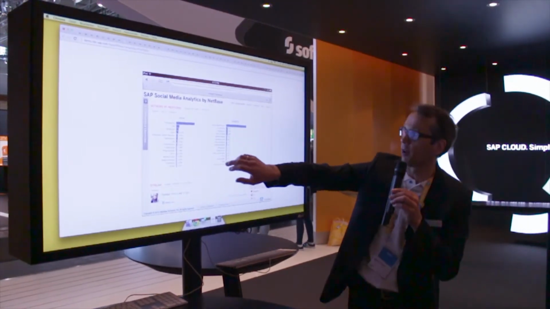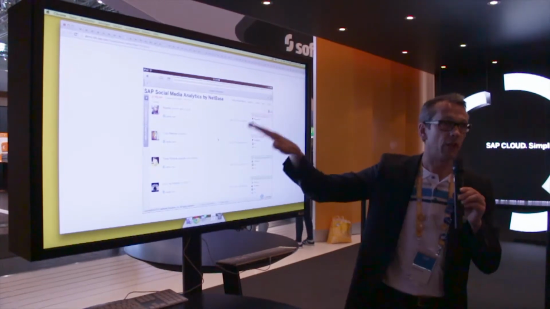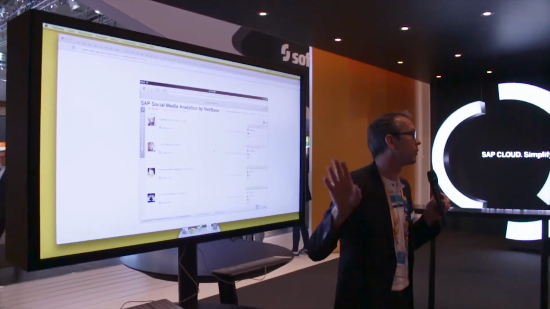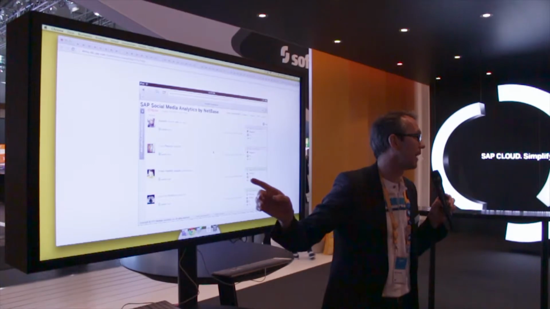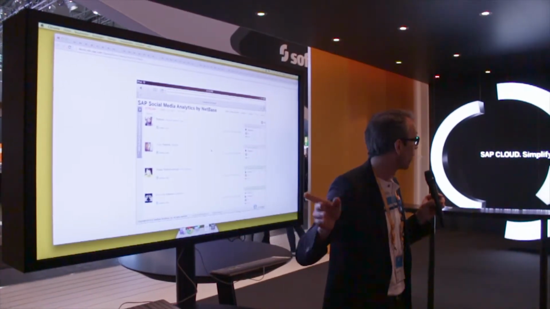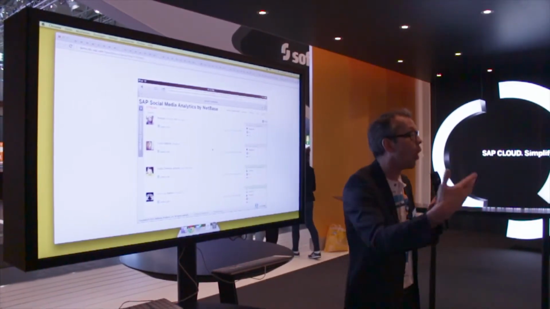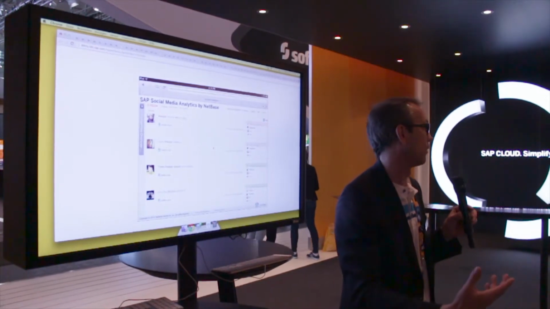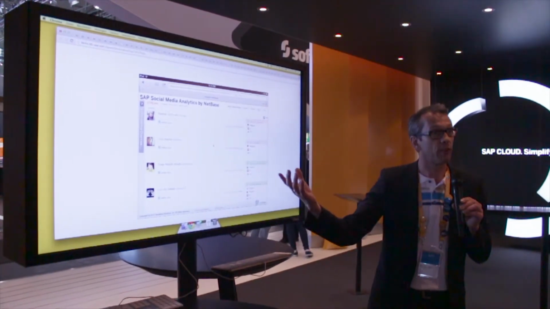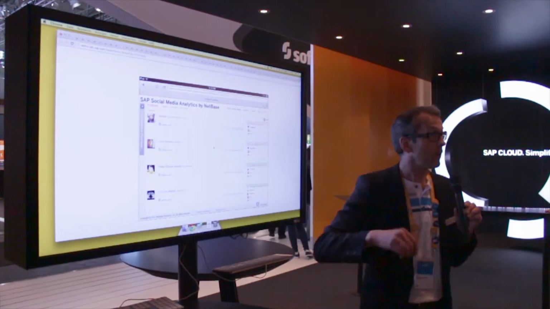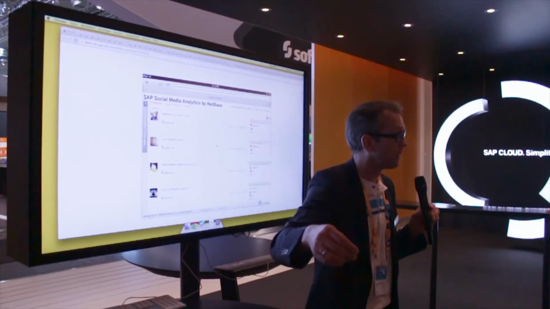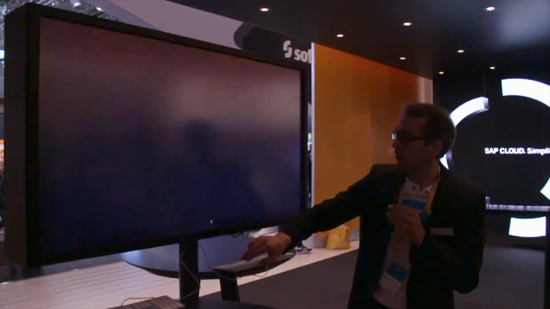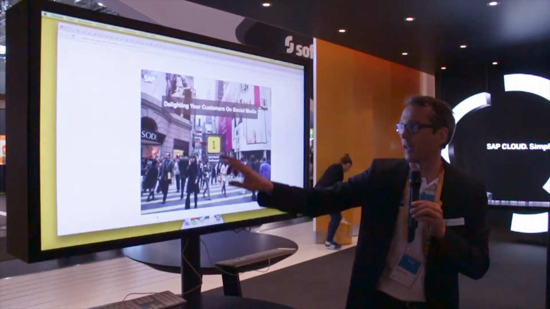So let's go a little bit further. I can go down to the tweet or the posting, so I will know who is saying these things. Of course, only those who post this openly, not if you have a private account, okay? Because those that do this, they want to be seen here. And now we take this situation further. I will now change the tool. We go to a social engagement tool.